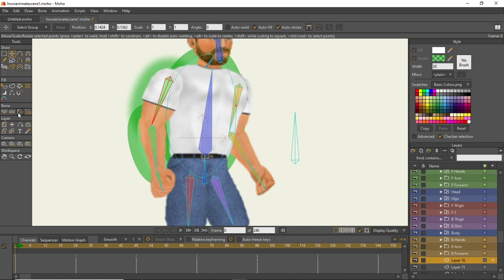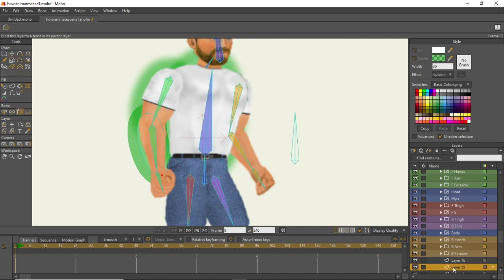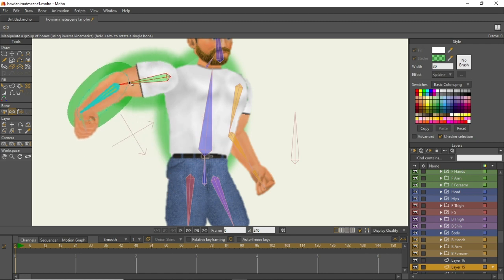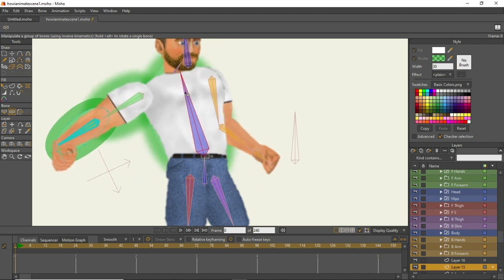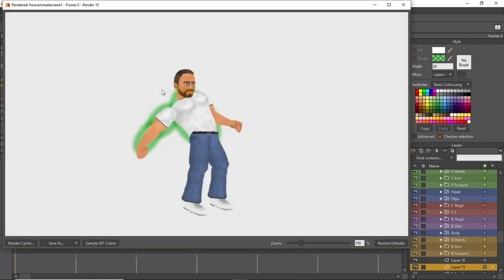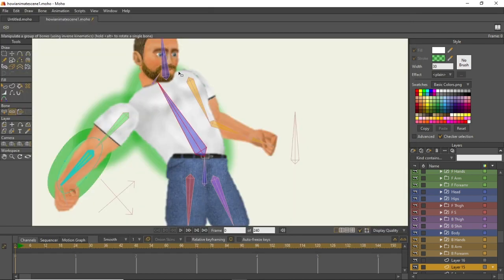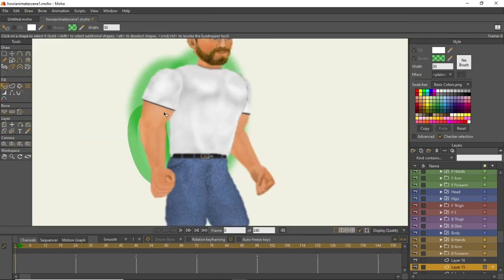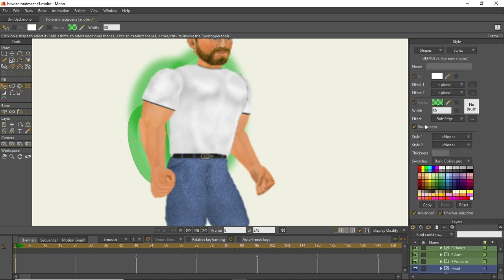Remember to bind them to the layer actually, unless you have them in the folders. Which one is this one for? The forearm. Yeah, so now if we come over here to manipulate tools and move it around, his aura stays with him. And again, you can increase the soft edge in the advanced